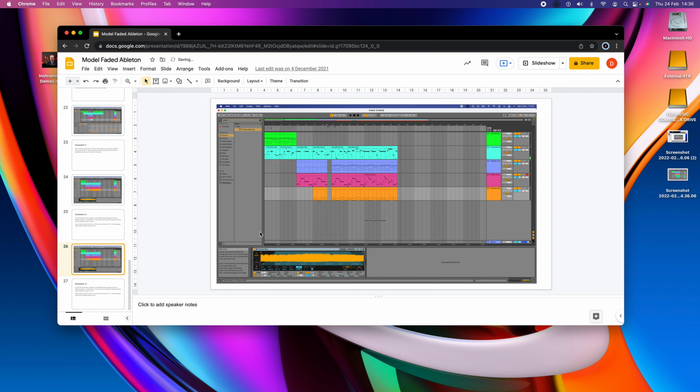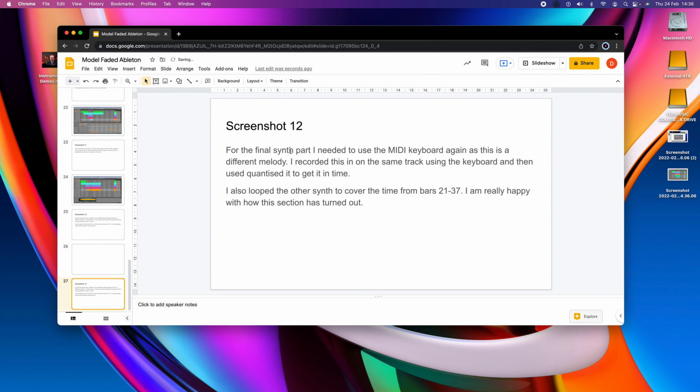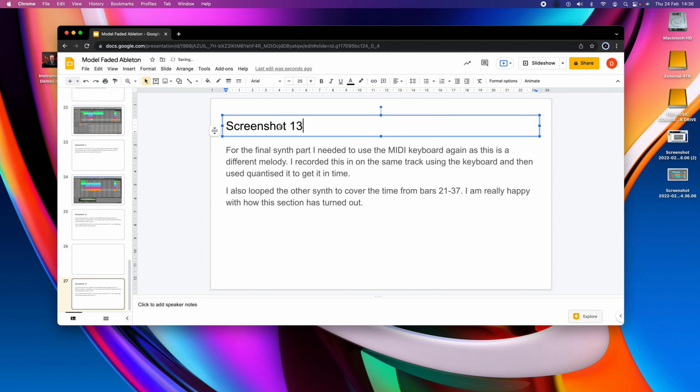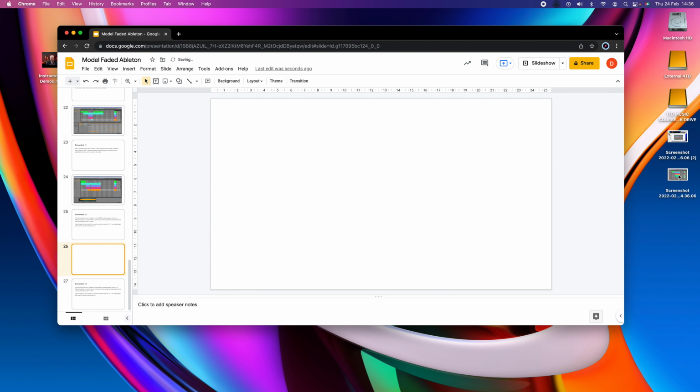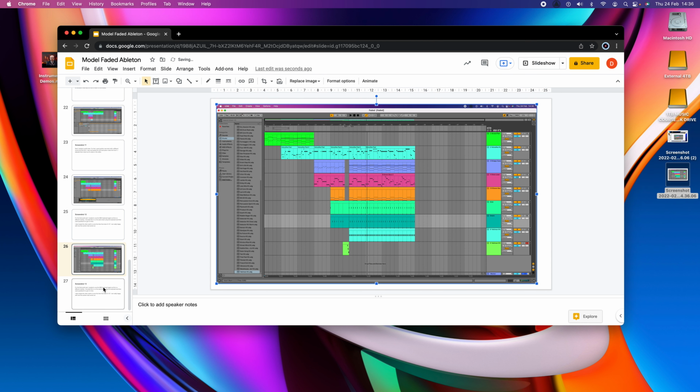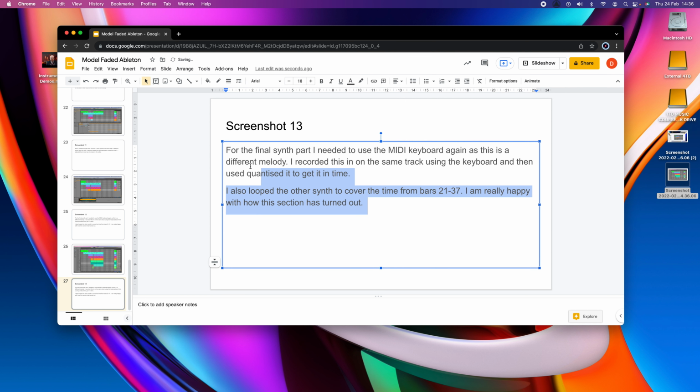So in my presentation, I'm going to duplicate, as I have done previously. We're only up to screenshot 13, but we've been making sure that we're really detailed as we go along. So what's been happening in screenshot 13? I just need to move my keyboard out of the way so I can type on my actual keyboard. Okay, in this screenshot,